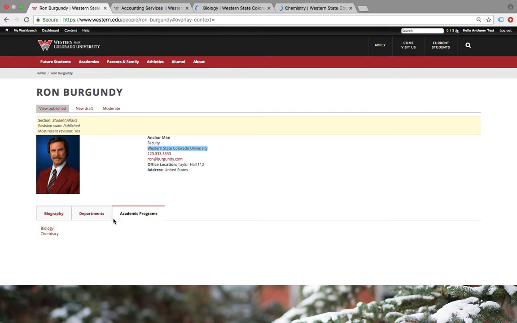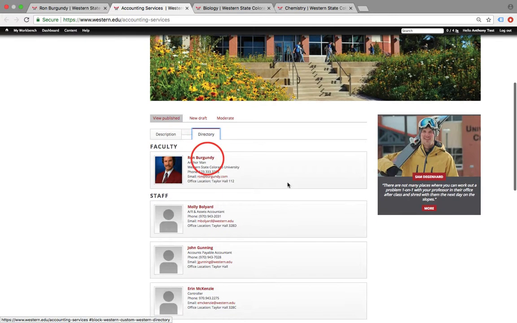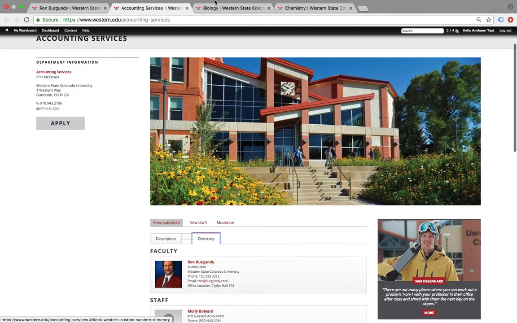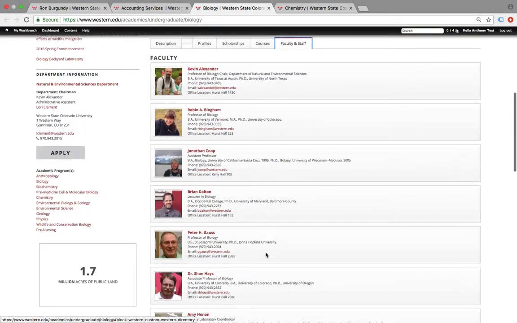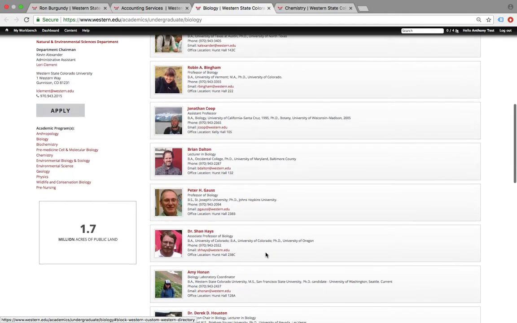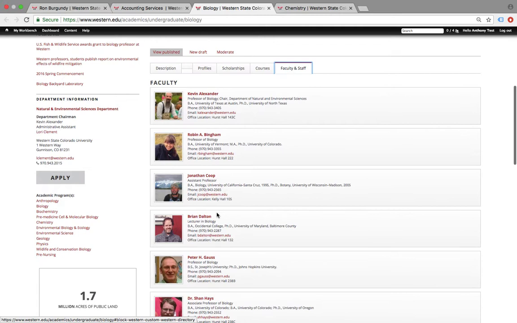What I always do is goes through the pages to make sure that they actually showed up on the page. So accounting services, we click on the directory tab and Ron Burgundy is right there. Then we go to the biology page, click on faculty and staff, and unfortunately Ron Burgundy did not show up on this page. But the reason that happened is because if you're having someone show up on the academic program page, you also need to associate the person with the department right here